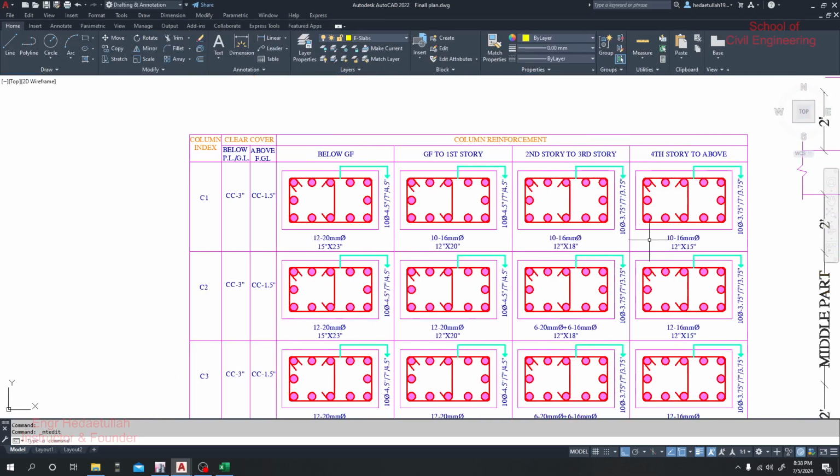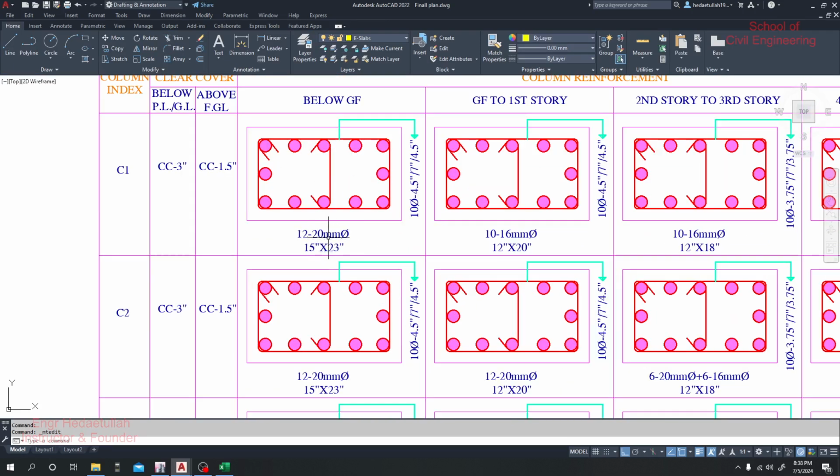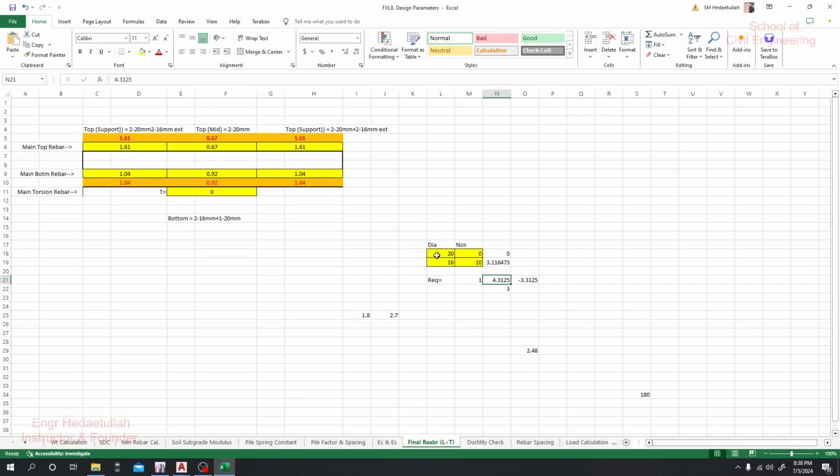Clear? Now for that section, what if we provide two, I mean 20 mm reinforcement, then sorry, we have made a mistake here. We'll provide that one, and here some